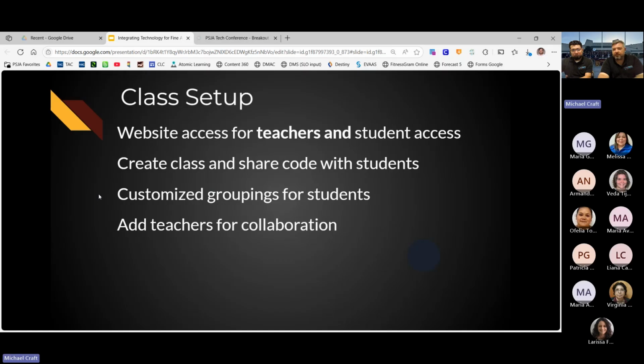We customized the groupings of our students into different subcategories, whatever feels appropriate, whether by their instrument or their grade level or their ability. It's fully customizable. Let's say you had certain periods, you could separate your periods into different classes, or choir, you could do your sopranos in one class or your sixth graders in one class. It's where it's applicable. And we also can add teachers for collaboration, so more than one person can view it. But I also love that you can make it so only we view it. No one else gets to see this.